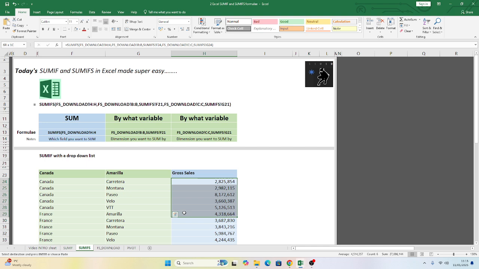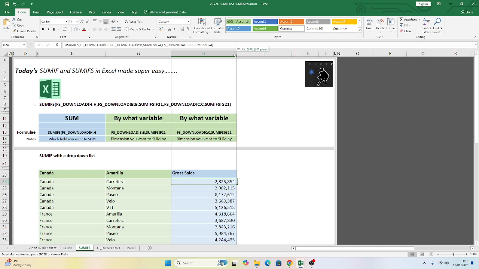I'm not going to go too much into the actual SUMIFS formula right now; you'll have to watch the other video. But basically this formula is saying SUMIFS column H in the FS download, which is gross sales, where column B, country, equals this value for country, and column C equals this value for product. Okay, now